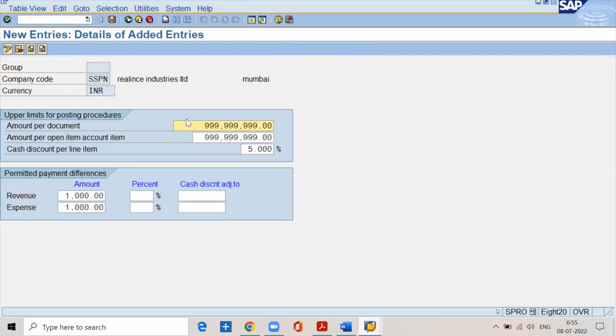So when you assign this blank tolerance group to your user ID, while posting the transactions in the amount columns, you can fill up to these amounts. That's the convenience. That's why I define one blank tolerance group with the maximum limits. Please write down: the upper limits of the blank tolerance group